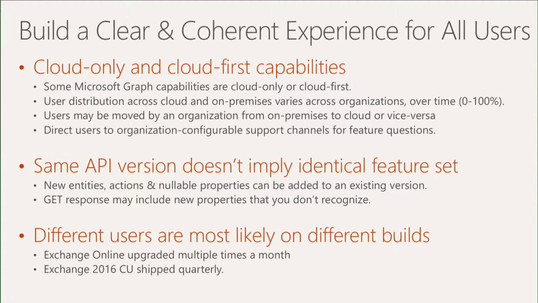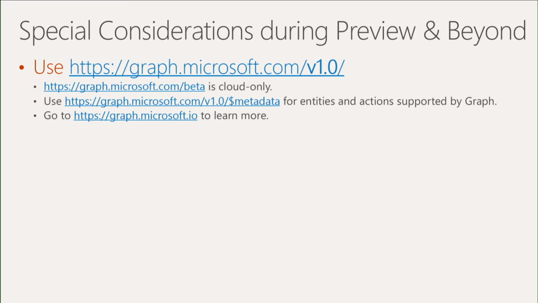By the way, the version of the builds is true even for the cloud, but it becomes even more important as you think of on-premises because Exchange Online gets updated multiple times a month, and on-premises we ship a quarterly CU, which is what we ask organizations to update. But again, they're all not going to update on the exact same day. It depends on their schedule. So users are going to be in different versions. That's something to keep in mind as well. Other considerations,